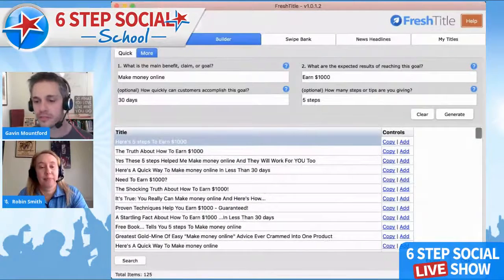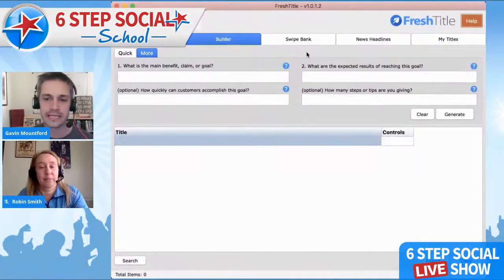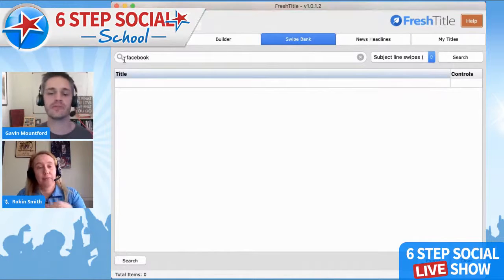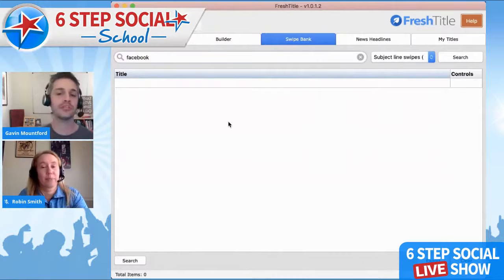Now, the other thing that is part of this software is the swipe bank. So if I wanted to, well, I've already written it in Facebook. Let's say I wanted to teach something about Facebook, and I'm like, what can I create content around with regards to Facebook marketing? So there's 2 options. There's headline swipes, but there's 350,000 of them, or there are subject line swipes. There's 70,000. So we're going to go headline swipes, click on search,